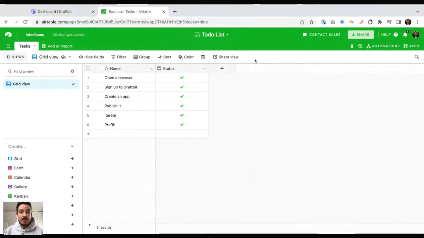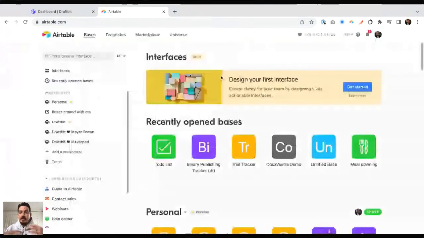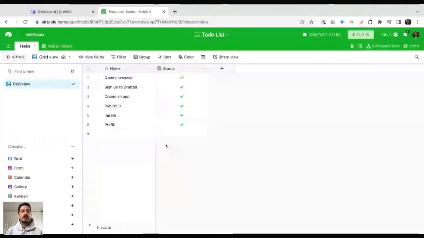For those who don't know Airtable, it essentially lets you create multiple bases, which are essentially databases. And when you select one, you can create multiple tables. So it's a very similar concept to Excel or Google Spreadsheet. Here I have one table called tasks.